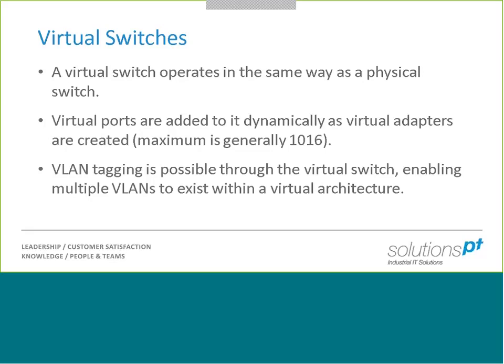And that will keep changing. Every time we allocate a virtual network card to a virtual machine and we allocate the virtual switch to it, we create an extra port for it. So the ports are dynamic in nature with virtual switches. We're no longer limited to 48 ports or whatever, and actually the maximum there is 1016, which is obviously a huge amount of virtual ports to use. It's unlikely you'll ever get anywhere near that limit.